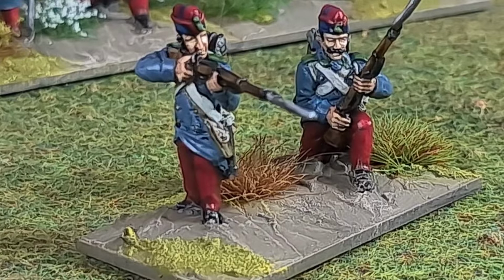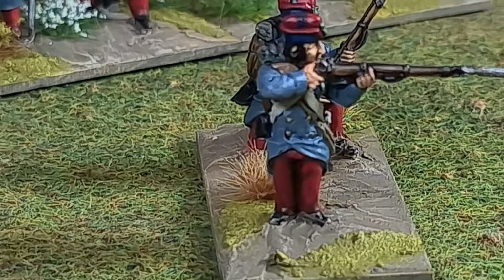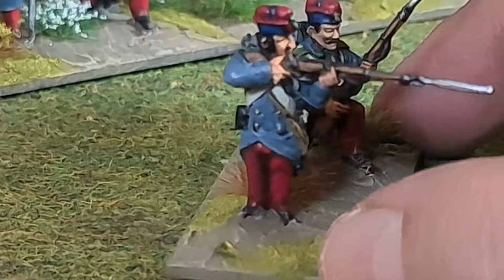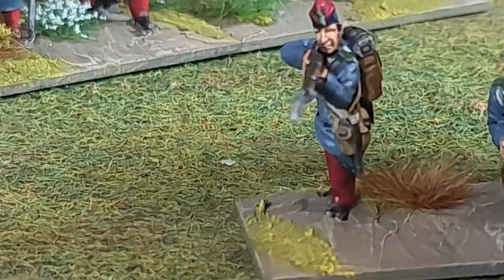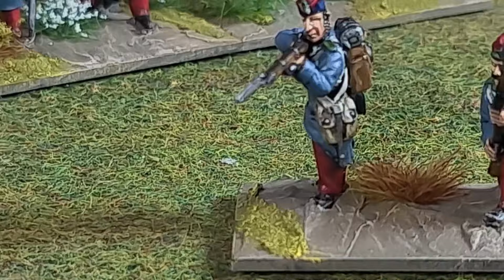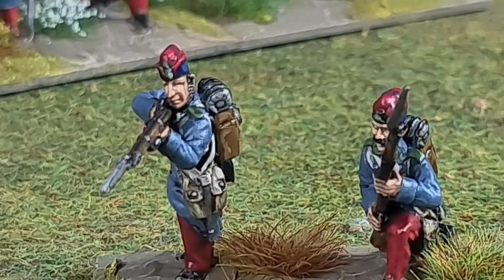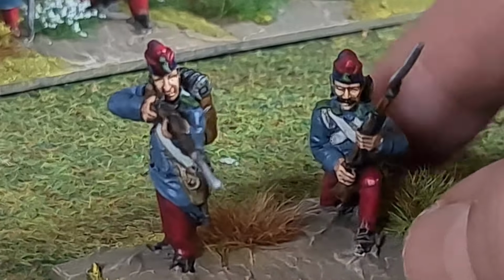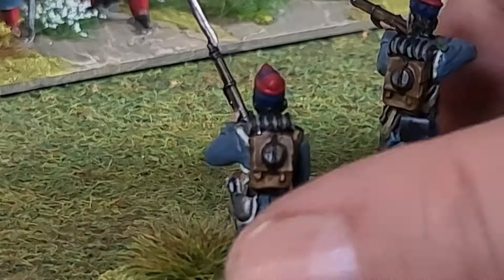The unit's based in skirmish order, 60 by 32 figures per base, and they've got kind of a long greatcoat overcoat, which is a dark blue grey, green facings, and then they've got this interesting forage cap, which is a blue lower, red top, and blue and red piping with a green, I was going to say dangly bit, green tassel on, and they've painted it really nice. I really like the look of this, something very, very different as a unit. The backs of them are nice and detailed as well, so it's going to be something a little bit different